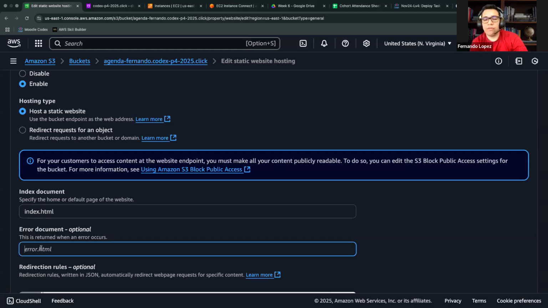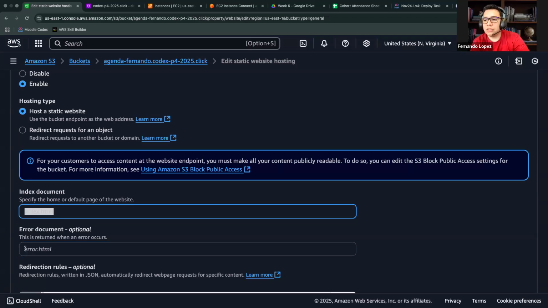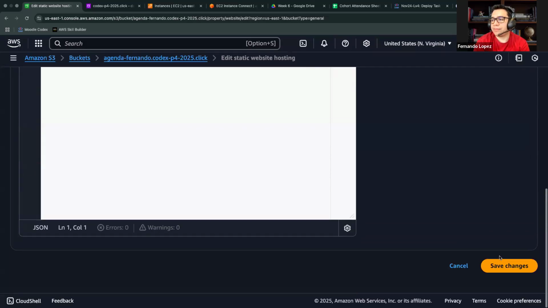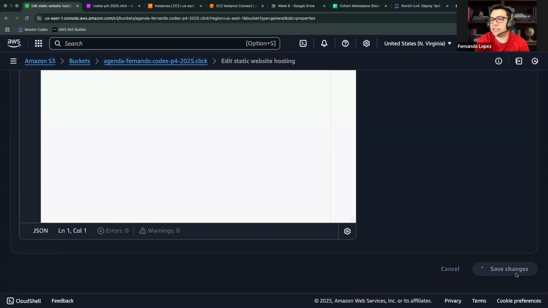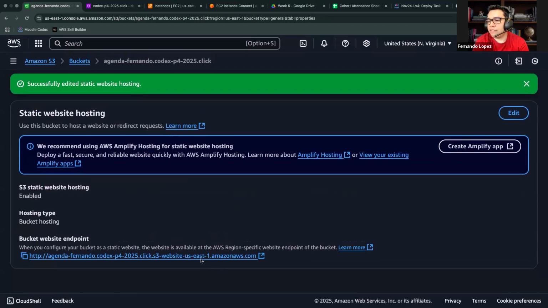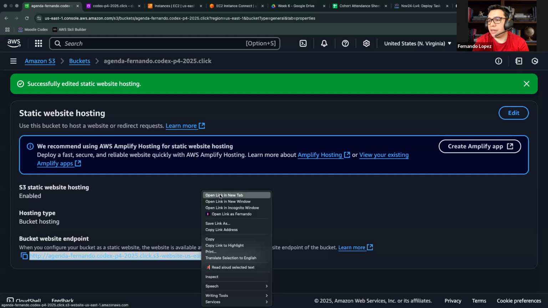And to the error file as well, we are going to continue pointing to this file. If we don't point to this file, we are not going to be able to enable the routing process that we have in our JavaScript files. So let me show you guys. If I disable this error HTML and just click save, I've just saved the changes this way. If I access the name of my bucket online,